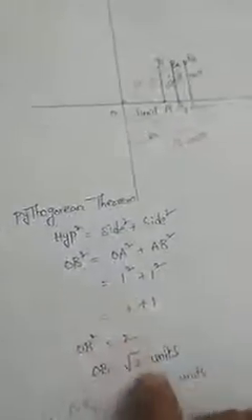Now I have found out the OA value, I have the AB value. By using the Pythagorean theorem, I found out the OB value as root 2. I have drawn a semicircle through arcs and found the values. You just have to write every step until root 7: root 5, root 6, root 7. Okay, hope you guys understand this.